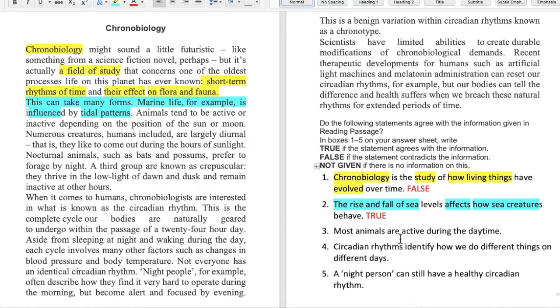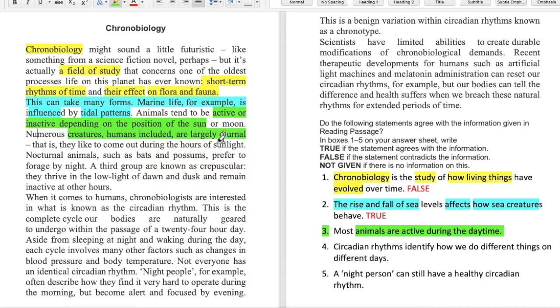Now next is most animals are active during the daytime. My keywords become most animals, then active, and then daytime. Please remember that most is a qualifying word. Now let's read further. Animals tend to be active. So I've got one of my keywords here, active, or inactive depending on the position of the sun or moon. Numerous creatures. Now numerous means what? Many. Creatures means animals, humans